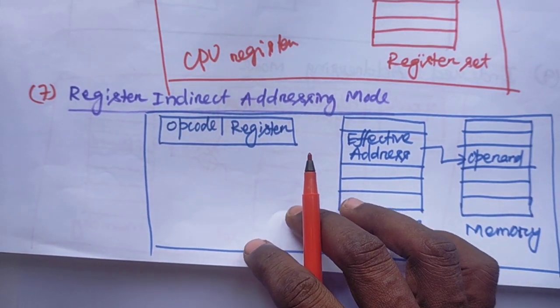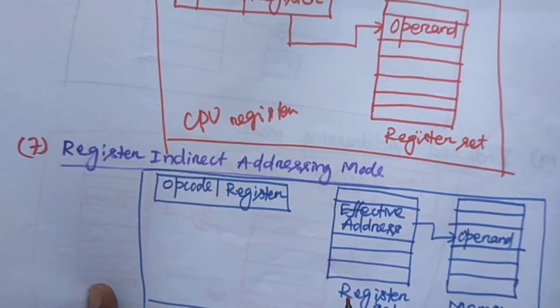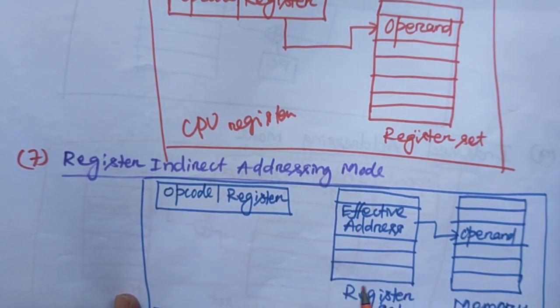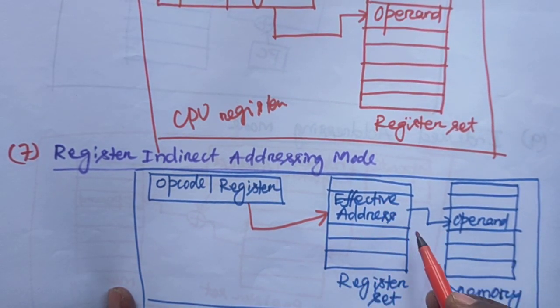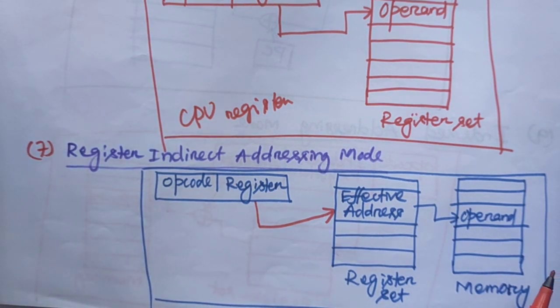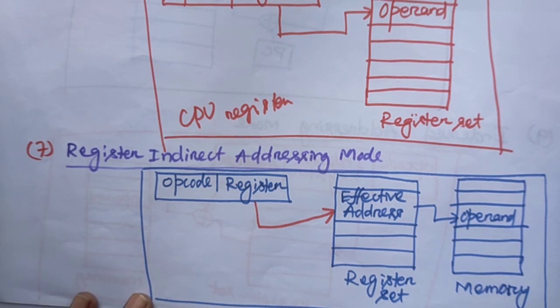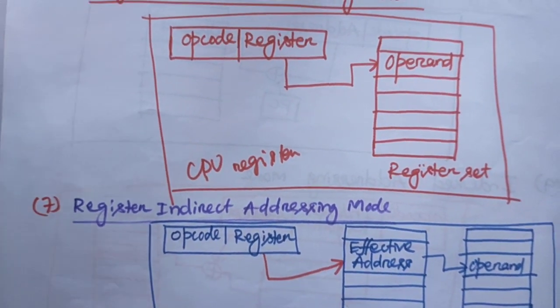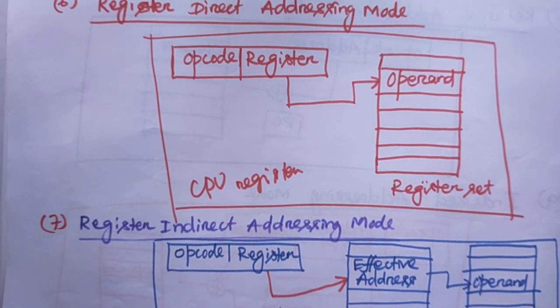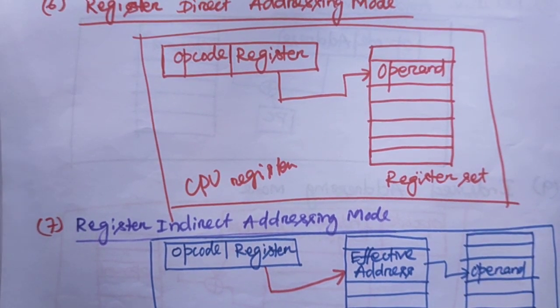Similarly the indirect address mode also works the same way, we can also use register indirect address. The register gives the effective address in a certain register set, then again it will search for the operand which is available in memory. So this is the basic concept regarding direct and indirect address. Okay, so different concepts are there, I will show you. Similarly, if we go through different operations of register direct address or register indirect address, some similar concept you can also use, like